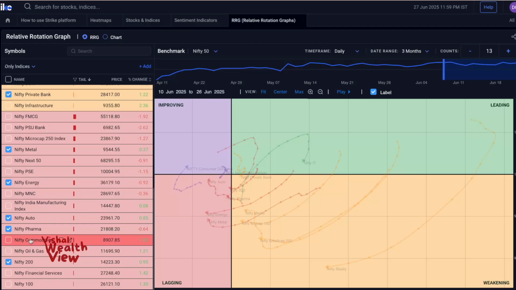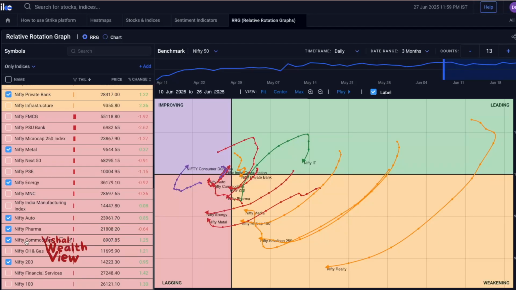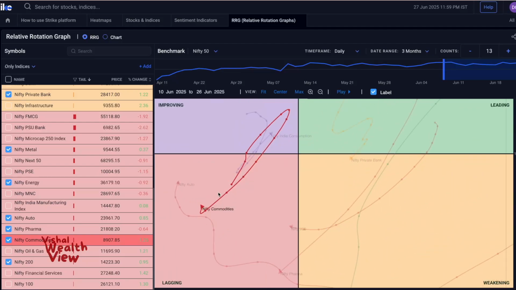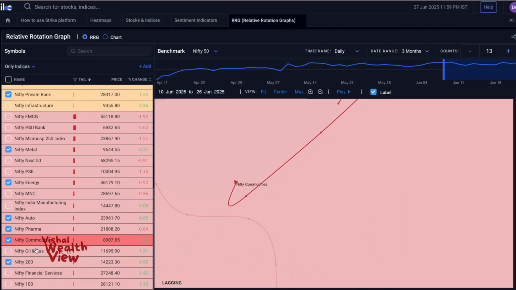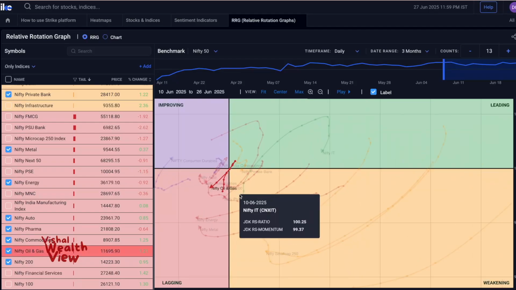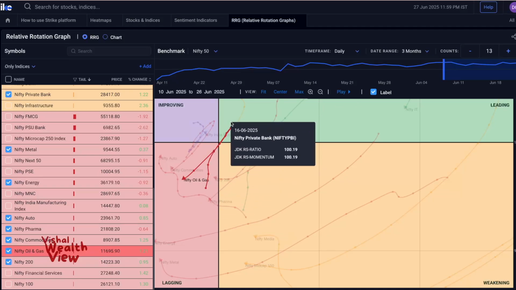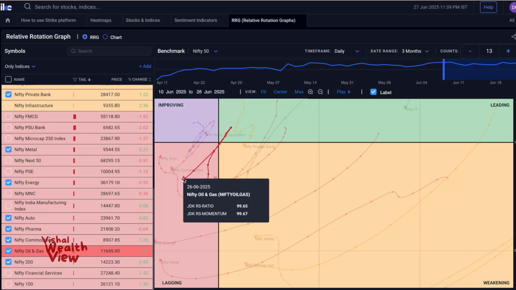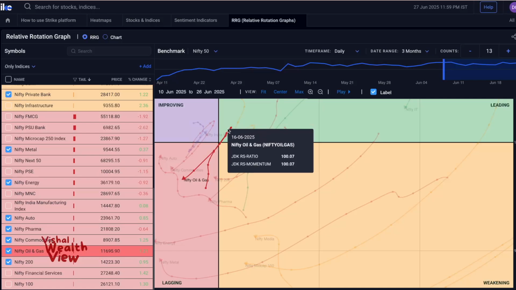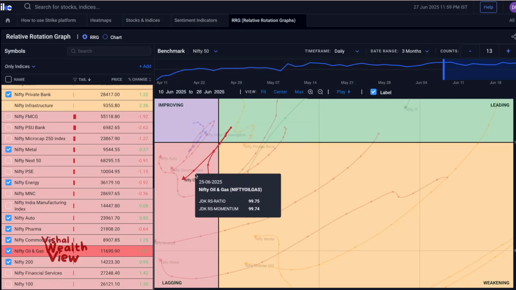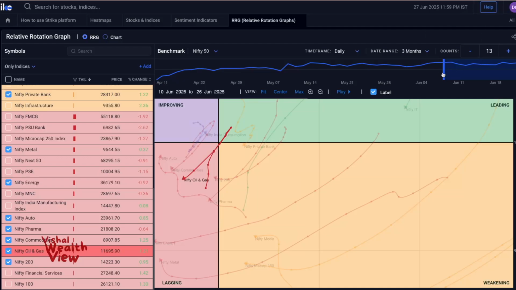And what else do we have? We have commodities. What are commodities doing? Commodities are dancing around. I don't know what commodities are doing. Nifty Oil and Gas is entering a weakening phase. So if you see in the last 1 week, the war in West Asia saw a spike and then a decline. Wait a second, 13 days, if I decrease it to 10 days. So in the last 7 days, Nifty Oil and Gas is entering a lagging zone now,